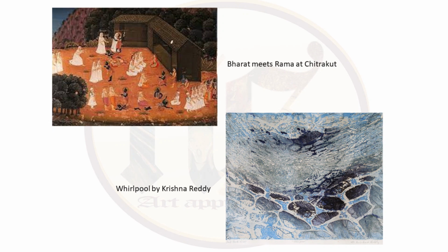Now these two examples, like I had said in the slide for pattern, there is rhythm created by the repetition of white figures. Now the same thing we can see in the painting, a print by Krishna Reddy called Whirlpool. In this print as well, there is centrality in the upper part, and then slowly that design, that bubble kind of shape or abstract pattern, whatever you call it, is expanding. So our eye gets a rhythm from small to big or from intricate to wide. So this is how a rhythm is created.